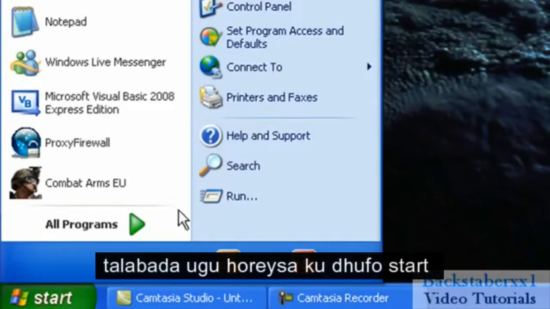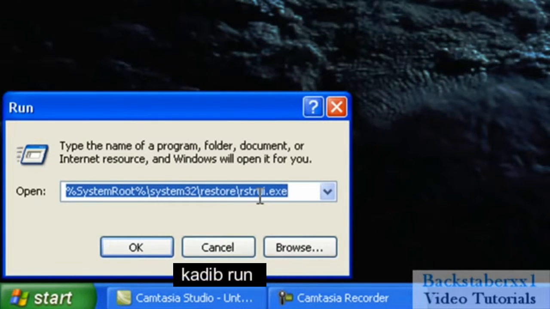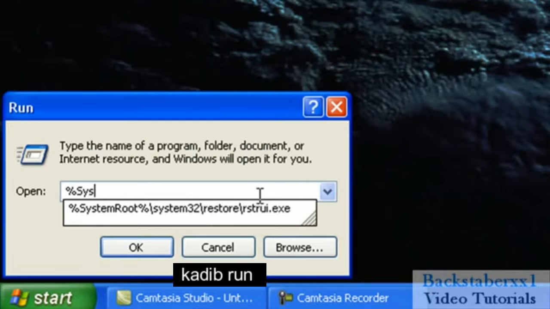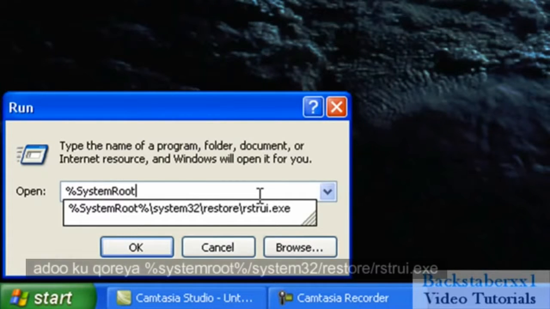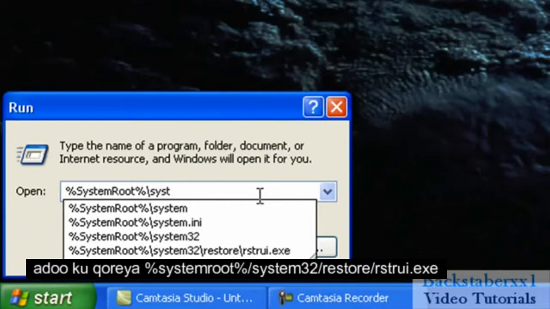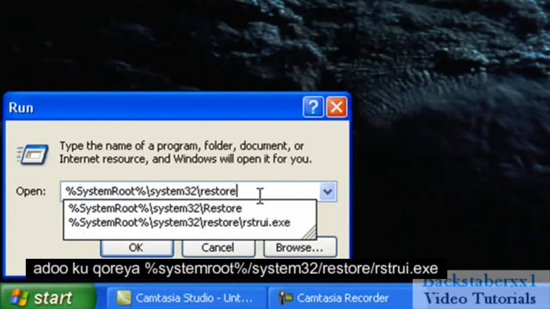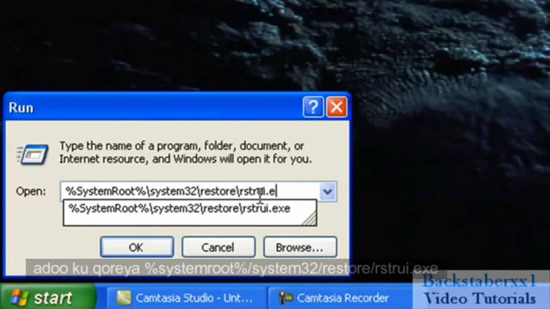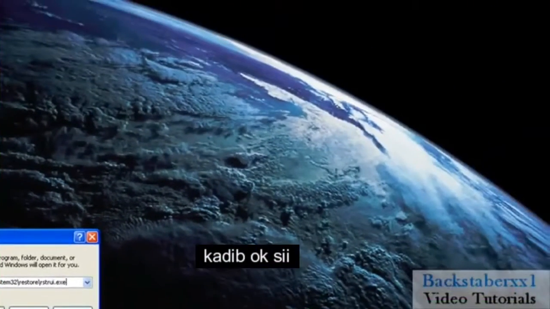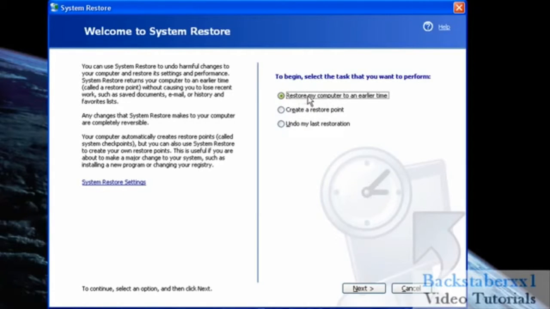First step is go to Start, Run, and in the Open field we type in %systemroot%\system32\restore\rstrui.exe and hit OK, and you should get this system restore, and this should be selected, restore my computer to